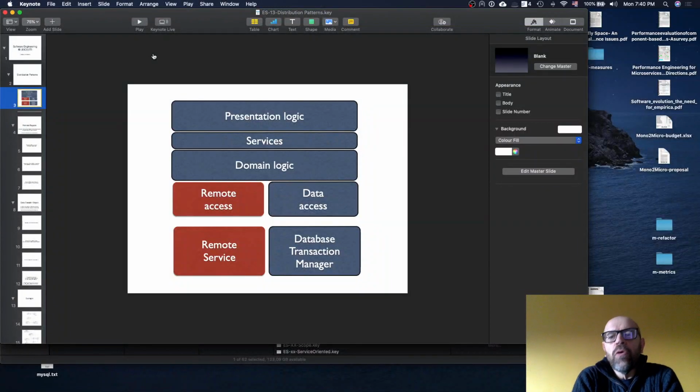Hello. So, in the context of the patterns for enterprise applications, what I'm going to focus on now is this part that deals with the